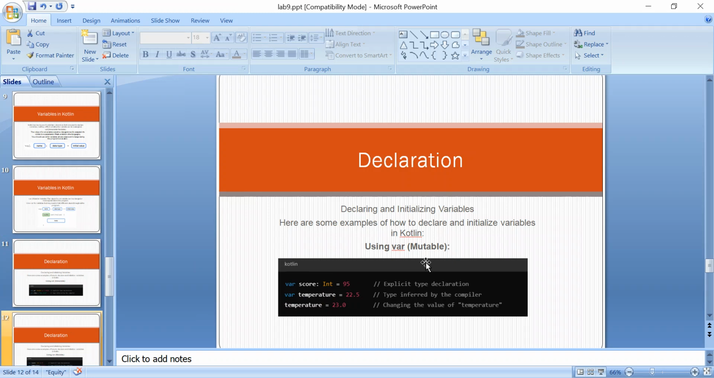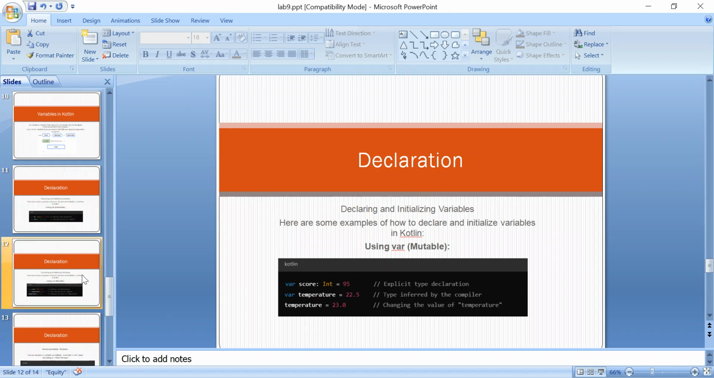On the other hand, with var we assign the integer value 95, the same as with val. We assign the temperature, and it will work as a decimal. So we can change the temperature value. We assigned 22.5 and then we can change it to 23. That is only possible in var. We cannot do it with a val variable. Okay,